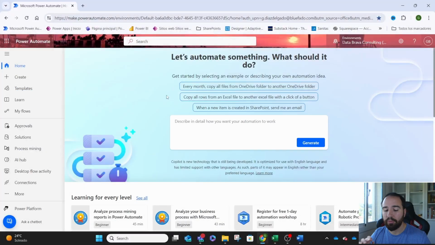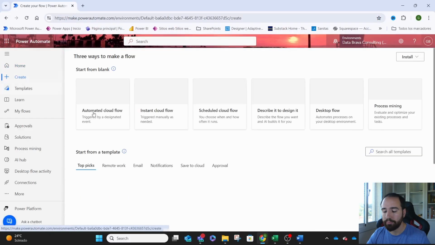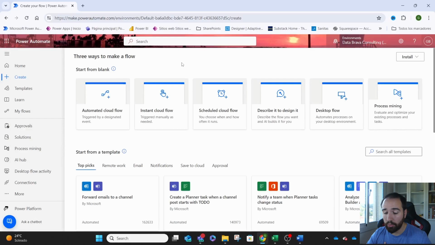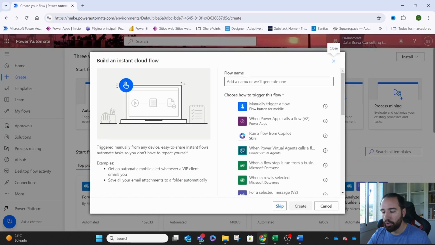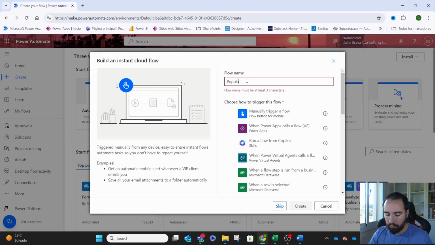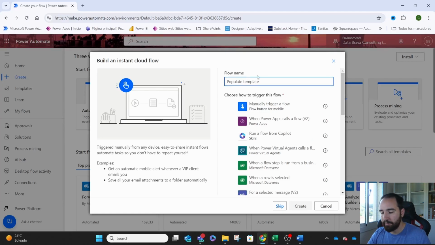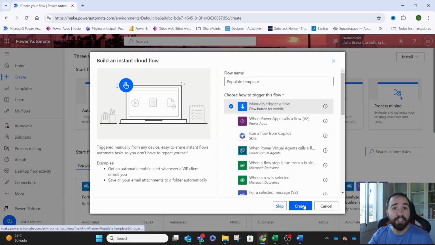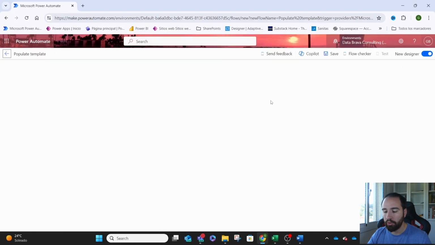I bet it is. Inside Power Automate, we have different options. The first thing is to start by creating our flow. And when we create it, I always start with Instant Cloud Flow. Here you provide a name, let's say Populate template, and I always use the manual trigger flow. This is just for the test, then we can change our trigger to be something else that we want to have. We create it,